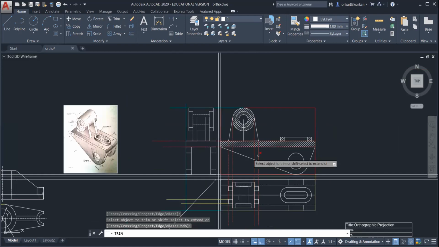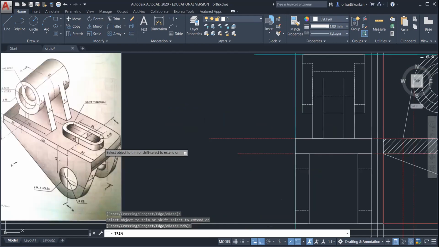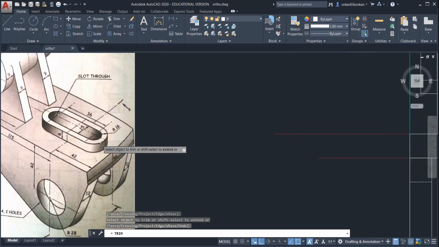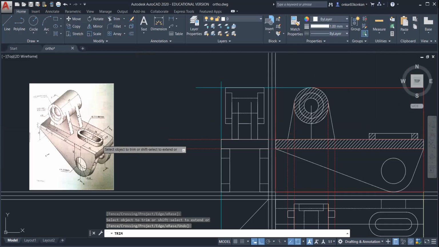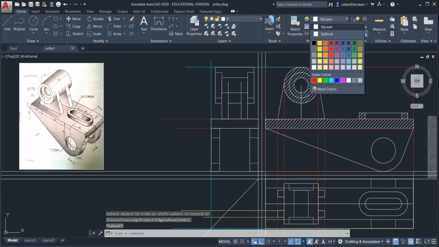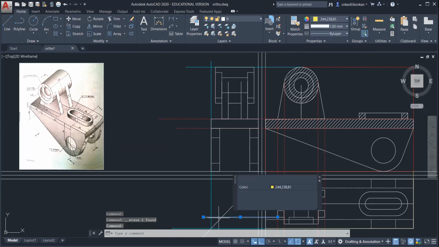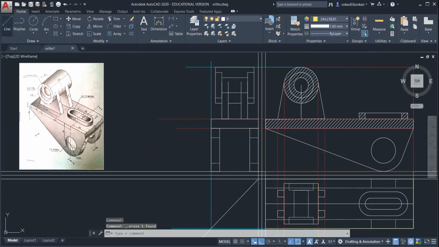So basically this feature will appear as a horizontal rectangle. So take the projection from the top view. So take the projection from this point.